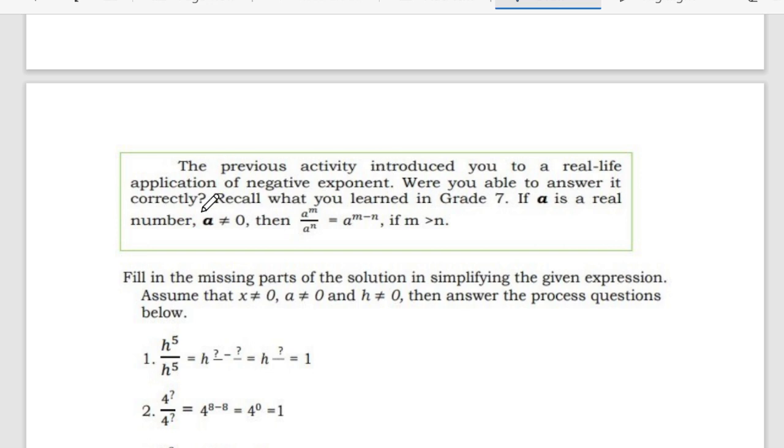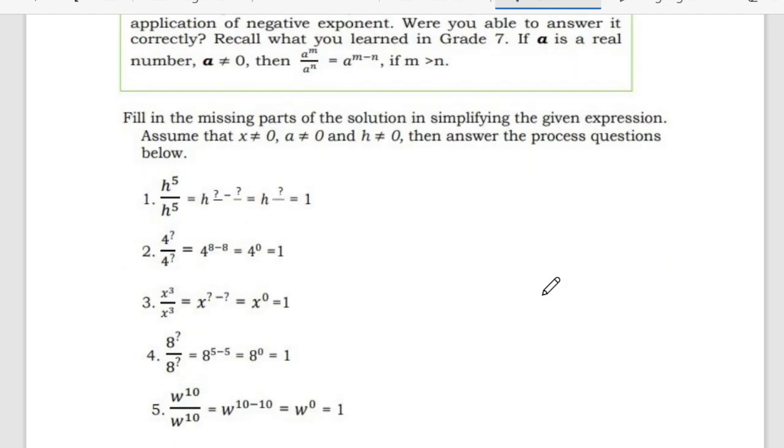Okay. So the previous activity introduced you to a real-life application of negative exponents. So were you able to answer it correctly? Recall that you learned in grade 7, if a is a real number, a is not equal to 0, therefore a raised to m divided by a raised to n is just equal to a raised to m minus n, if m is greater than n. So that's it. So here, applying this,